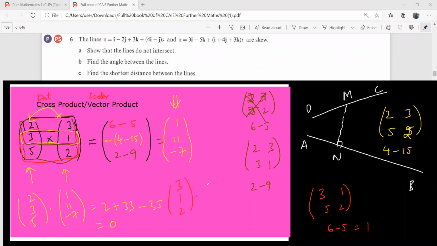312 dot is 1, 11 minus 7. See, you will have 3 plus 11 and then minus 14, and that is also equal to 0. You must note it down in your notes that